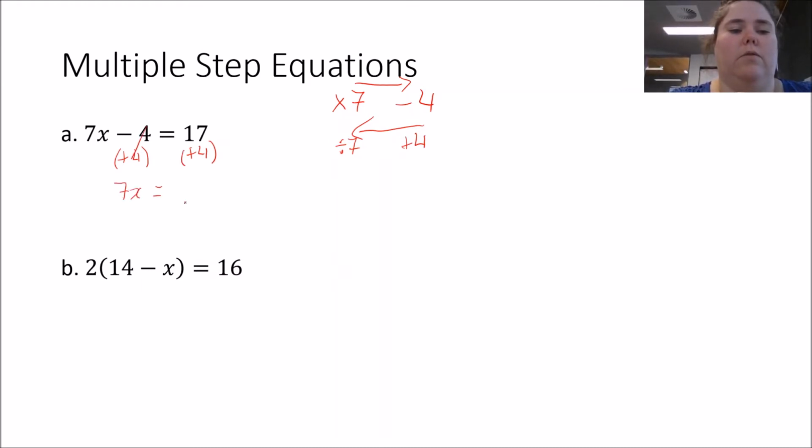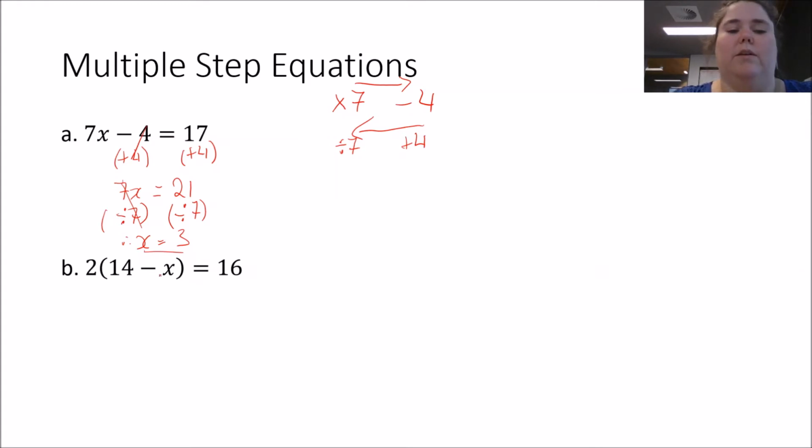7x equals 21. Then we're going to do our second step. So divide by 7. Gets rid of him, therefore x equals 3. Nice and straightforward. Okay, this one's a little more complicated because x is the negative and that tends to throw